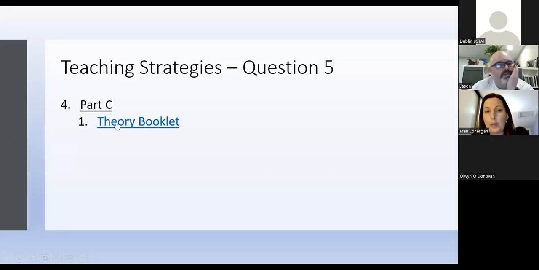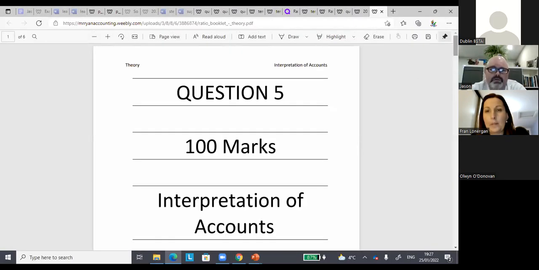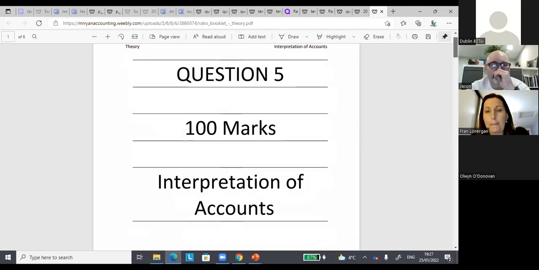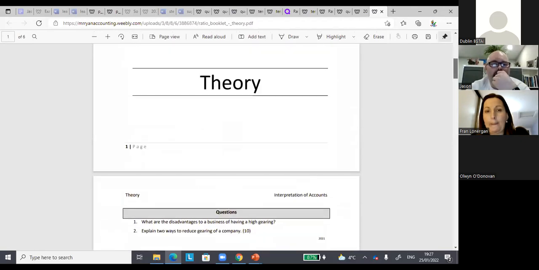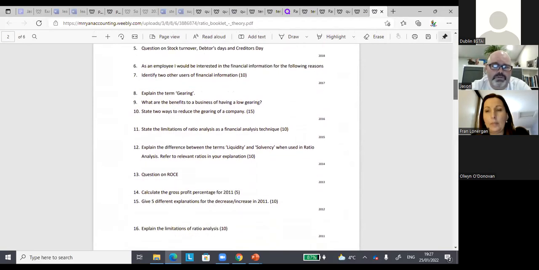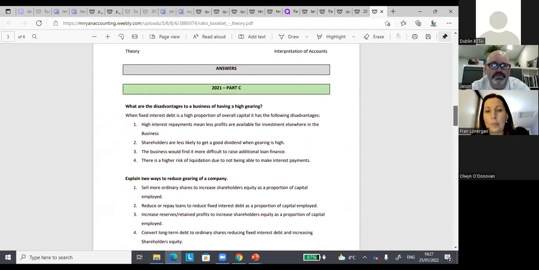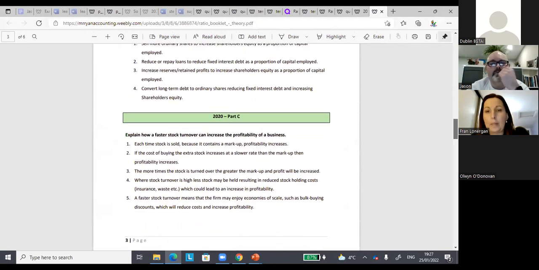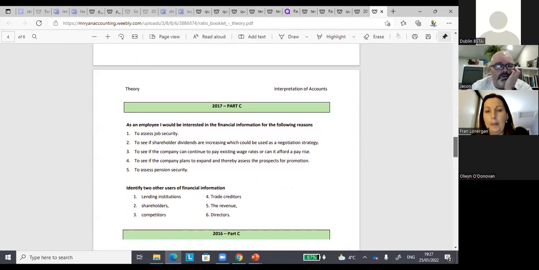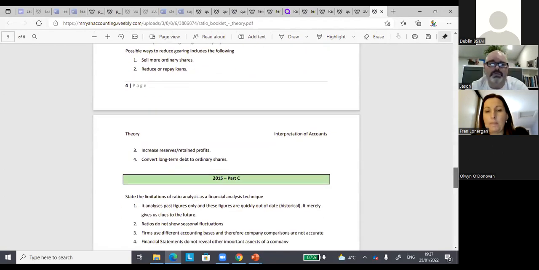And then for part C, which is a theory part, I did up a theory booklet that I handed out to them. I'm starting to do this for each of the topics, going back on the past theory for each chapter or each question, putting it into a document. So you'll have the questions and then underneath, they'll have the answers so they can learn it off at home or as part of study or whatever way they feel happy with doing it themselves.